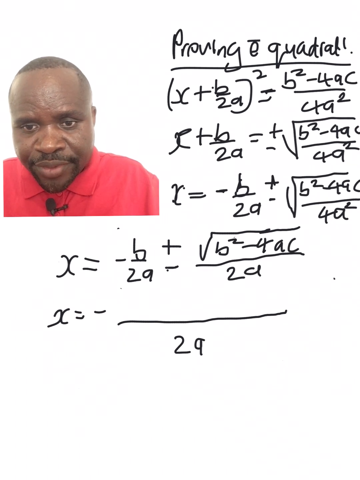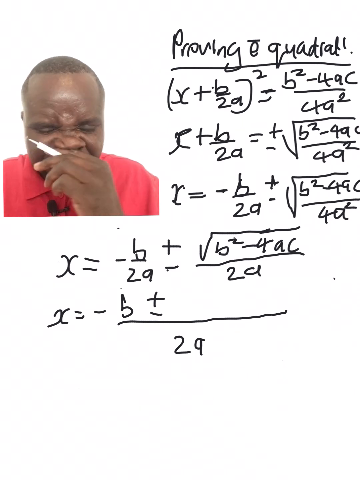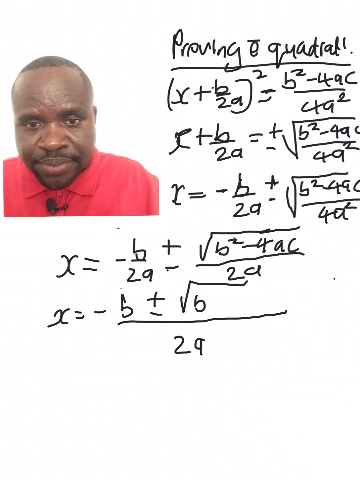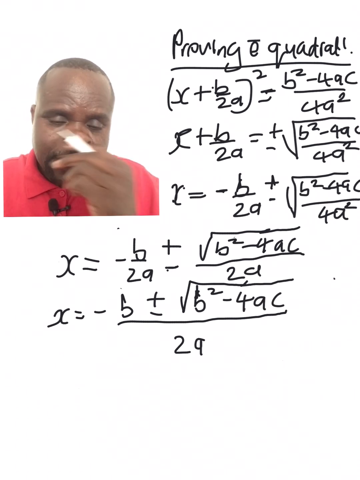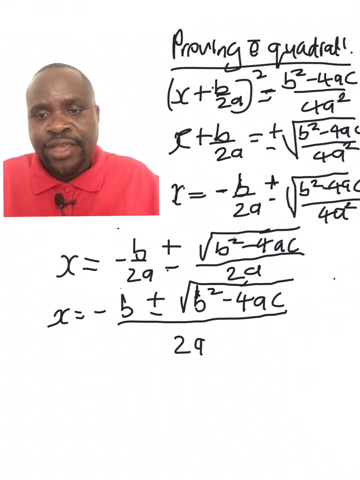So there we find it's minus b plus or minus the square root of b squared minus 4ac. You see? So at the end of the day, we have actually